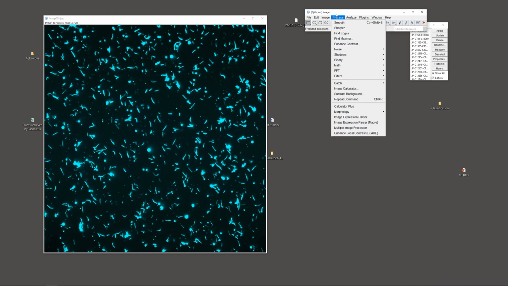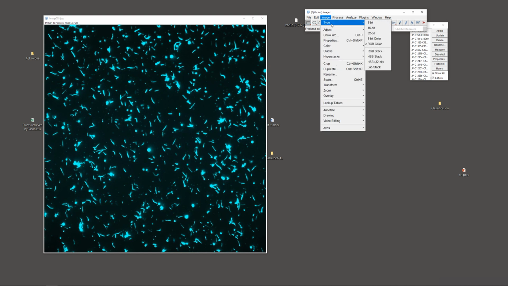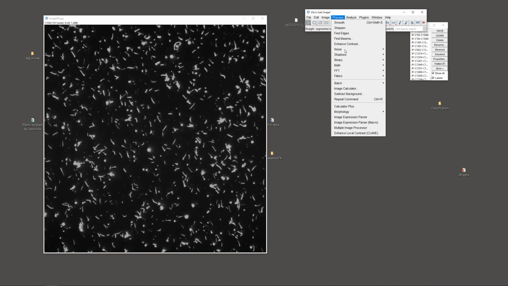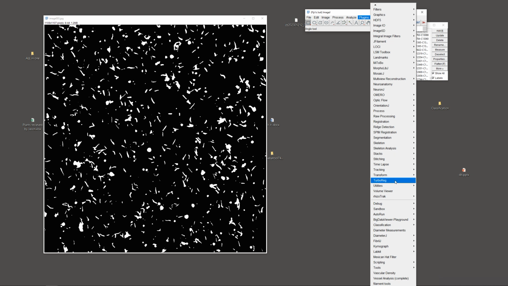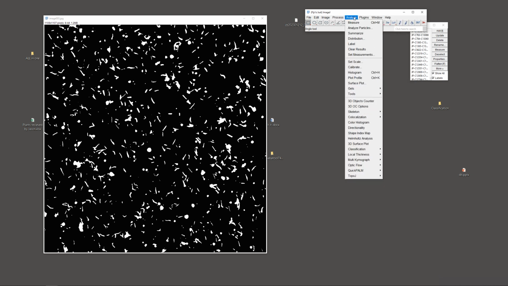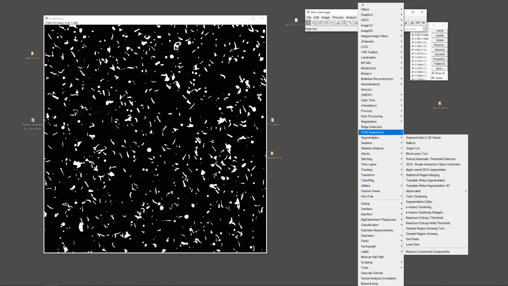First, what you have to do is change the type of the image, go into Process, and make it binary. We have done this to have two values, for example, the background and foreground. And after, you use a plugin tool, and here you can